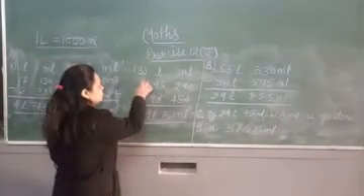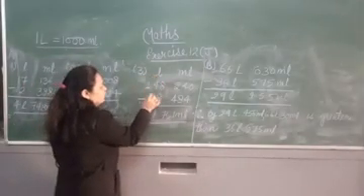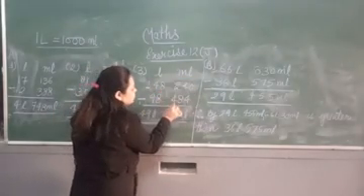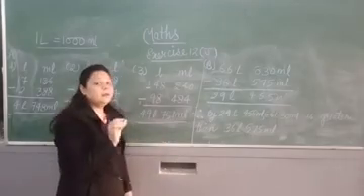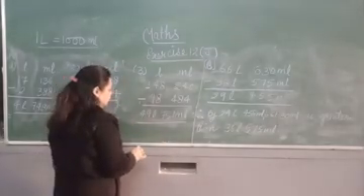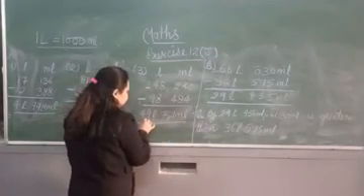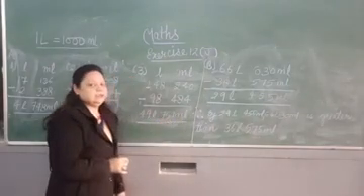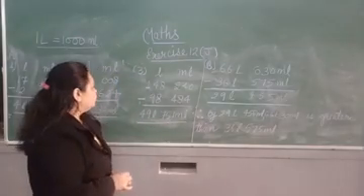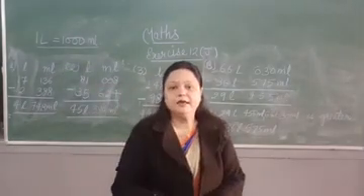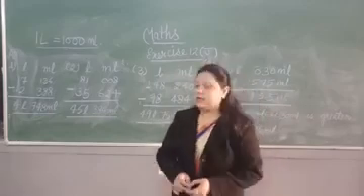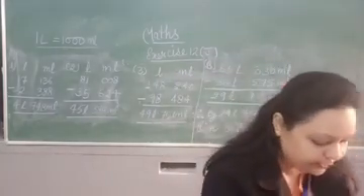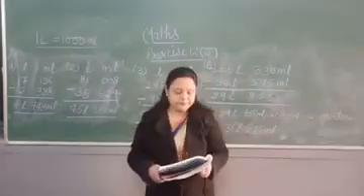Now let's see question number 3. 148 liters 240 milliliters minus 98 liters 484 milliliters. After subtraction you are going to get 49 liters 751 milliliters. So 1, 2, 3 we have done. Now 4, 5 is your homework. Now let's see word problems. All of you open page number 89.